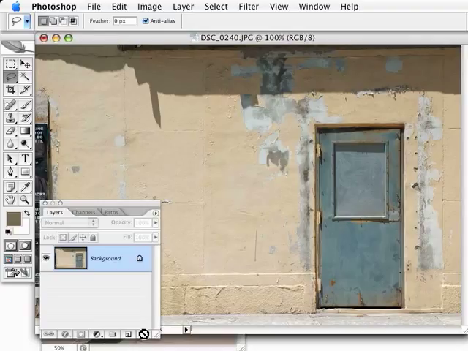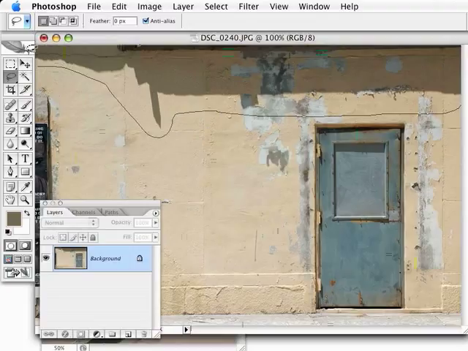In this first part, and I say first part because of course that suggests there will be a part two, we're going to take a look at a fairly simple example. It's still going to take a bit of work, but not too much, where I really like the look of this photo, except for this harsh shadow. It's really not very interesting. It really doesn't add much to the photo. So I'm going to see if we can try to make it less obvious, or even, if we're lucky, remove